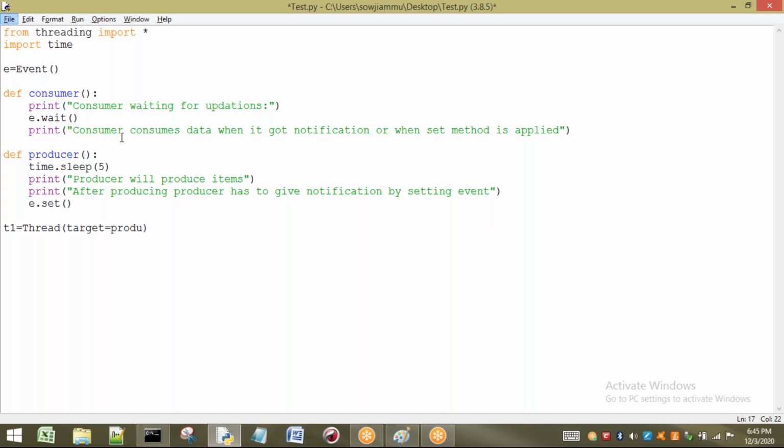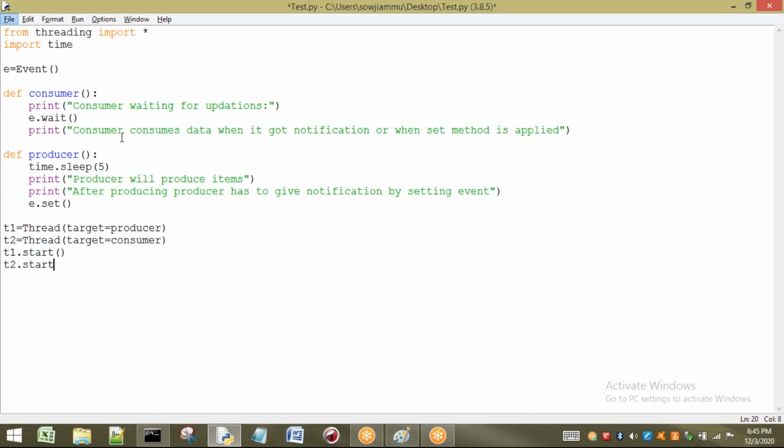Next I create one more thread called T2, with target equal to consumer. Thread 1 is executing the producer function, and thread 2 is going to execute the consumer function. Now I will start both threads: T1 dot start and T2 dot start.